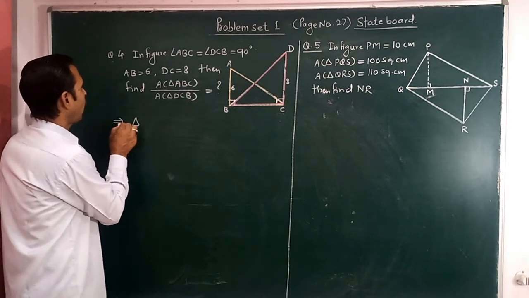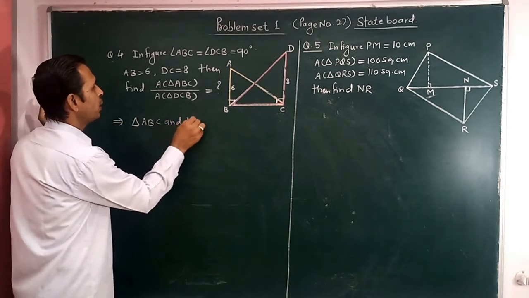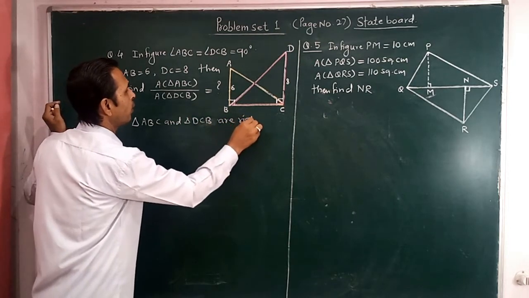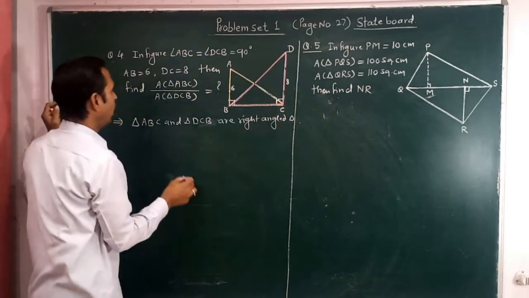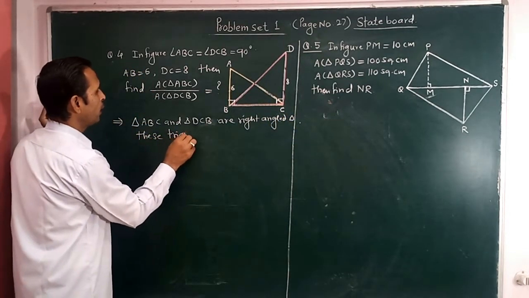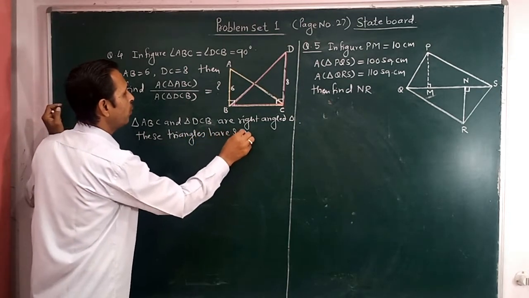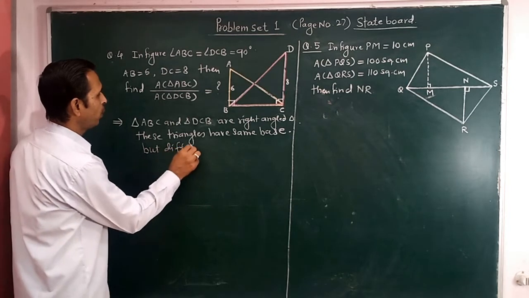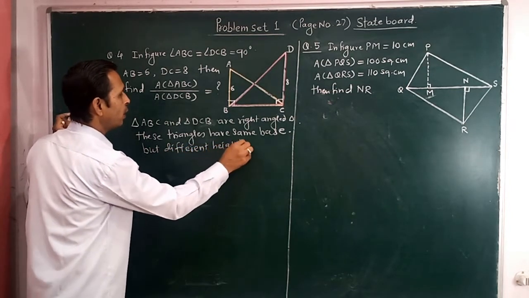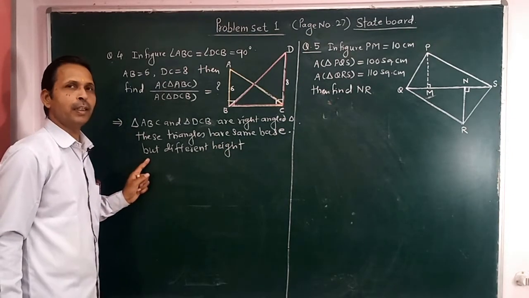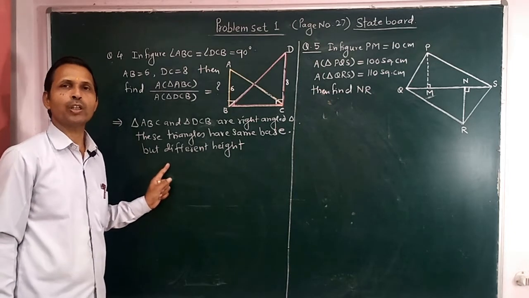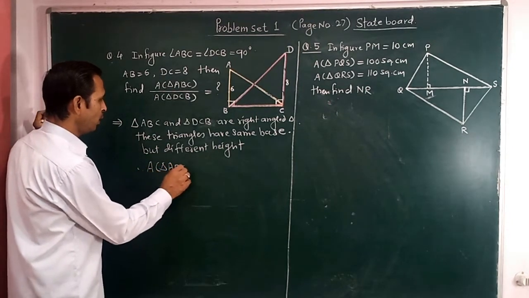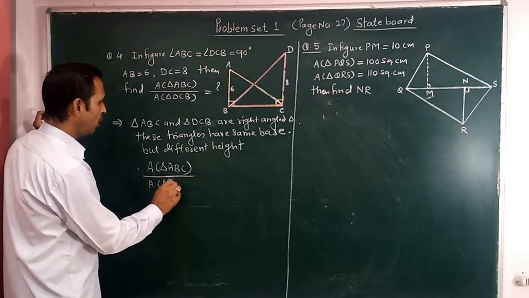We write here triangle ABC and triangle BCD, or we write the name DCB, are right angled triangles, and these triangles have the same base but different heights. When triangles have the same base but different heights, then the areas of these two triangles are proportional to their corresponding heights, and that's why area of triangle ABC divided by area of triangle DCB is